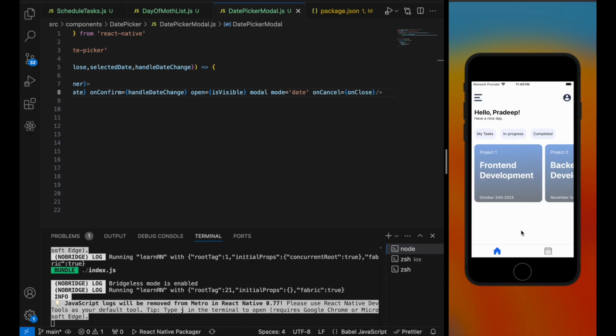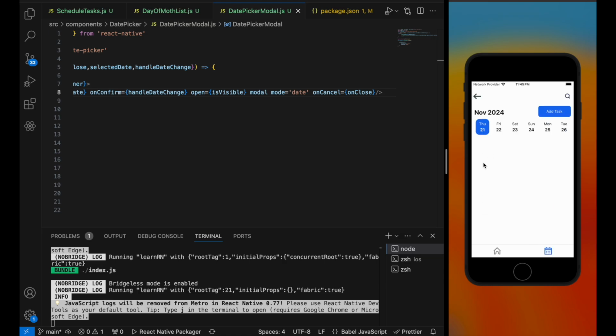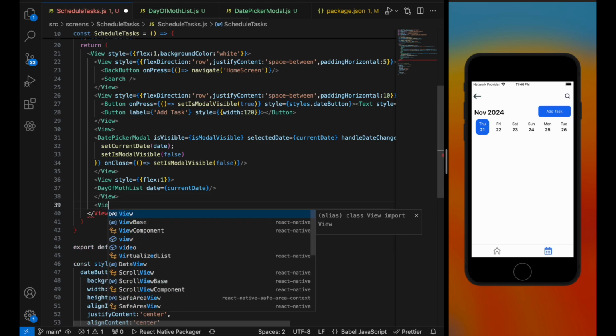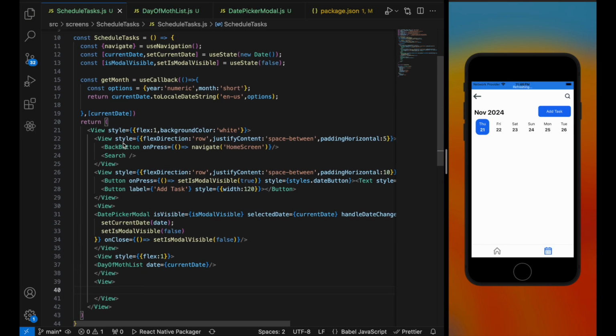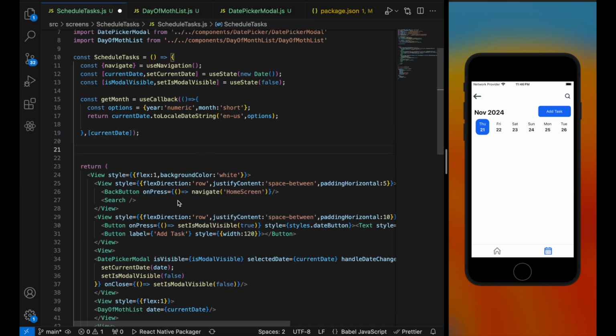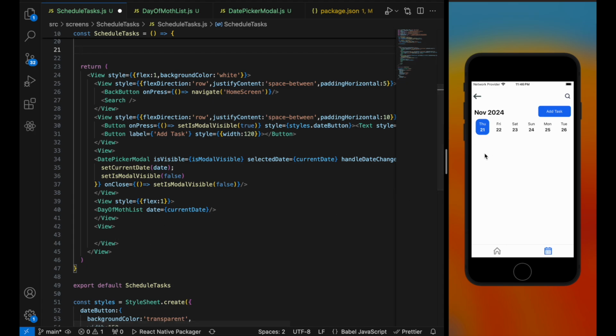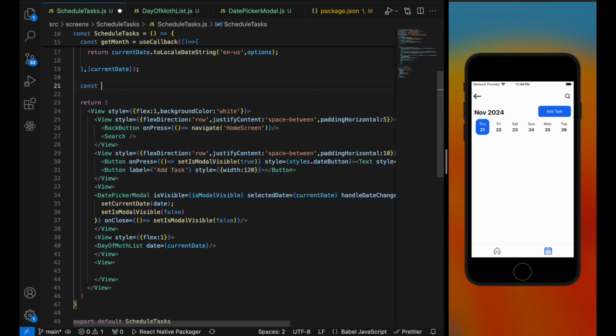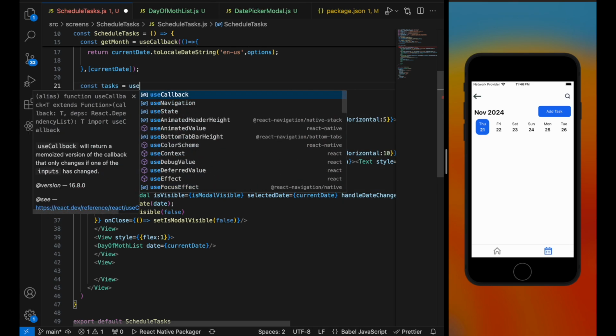Now the next thing that we are going to work on is, here we'll display the list of tasks for the selected date. So let's add a view here, and basically we will display here the tasks which are pending. The status is not completed, the tasks which are in progress, and for the current date, and also the tasks which are not completed on previous days. So let's first filter out all those tasks. Constant tasks, use memo,